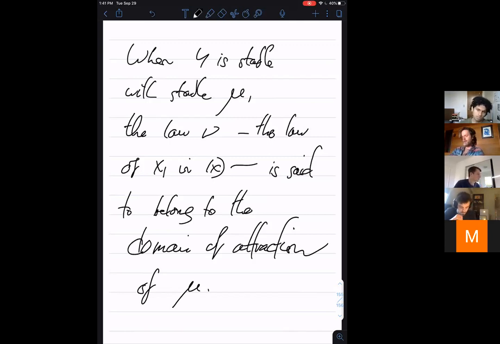But of course, many other things in that case also lie in the domain of attraction. If I take, in some sense, any reasonable law, according to the right definition of reasonable, with fast enough decay behavior for its tails, then the central limit theorem tells me that I'm in the domain of attraction of